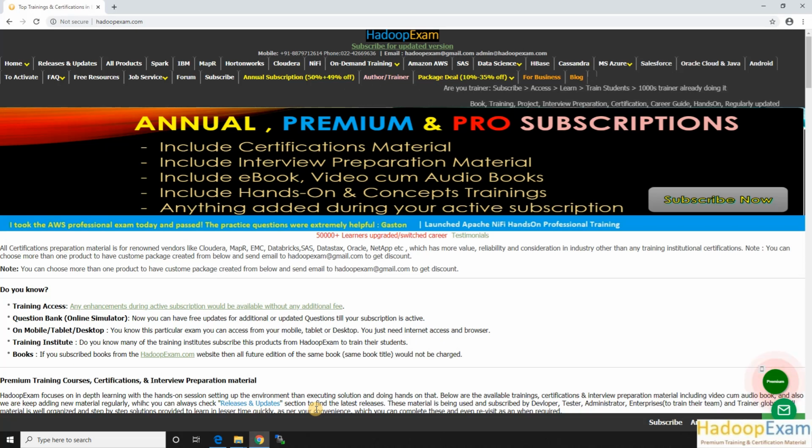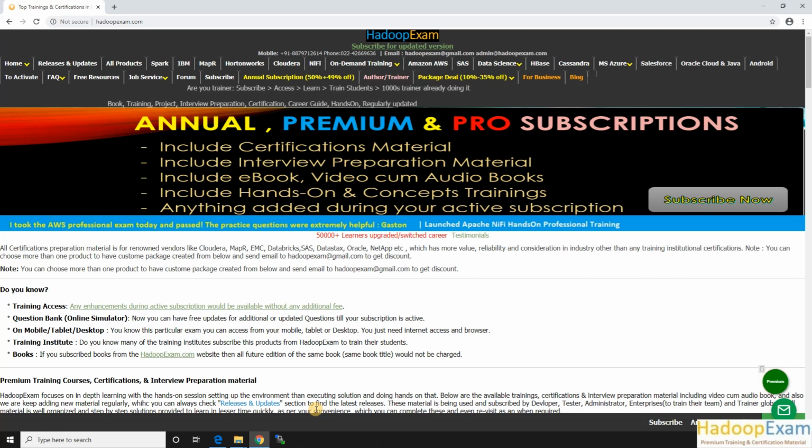In this session, we would be setting up the instance for the Cloudera data platform. The instance which we would be setting up would be used for various certification preparation like CCA 175 for Scala version, CCA 175 for PySpark version, and similarly CCA 159 certification and any other certification we would be mentioning on the website. Correct?